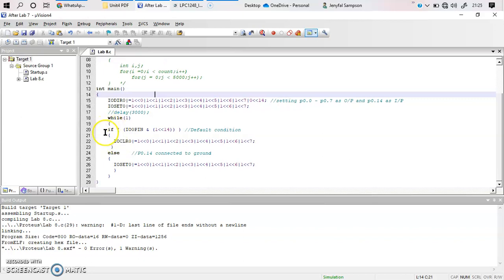What I'm doing here is I have an if condition, and if this condition is true, or satisfied, or 1, I will go into this particular statement. If this statement is false, or has a value 0, I will come to the secondary part of my statement, that is the else part.